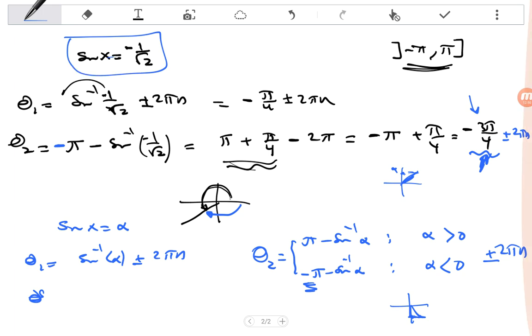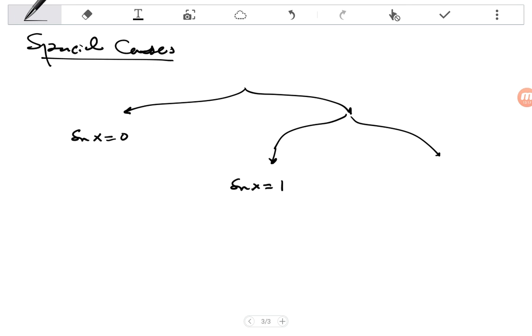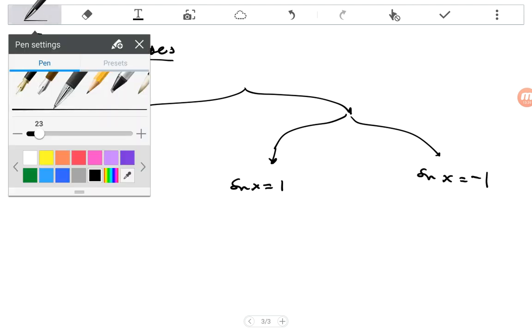Okay, now let's go to the special cases for the sine. As we have dealt with in the equation of cosine, there will also be 3 special cases. The case for which sine x will be equal to 0, and the case for which sine x is equal to 1, and the case for which sine x is equal to negative 1. These two are